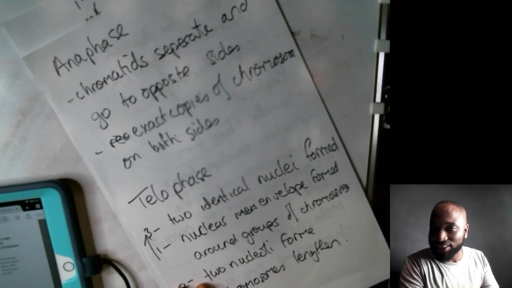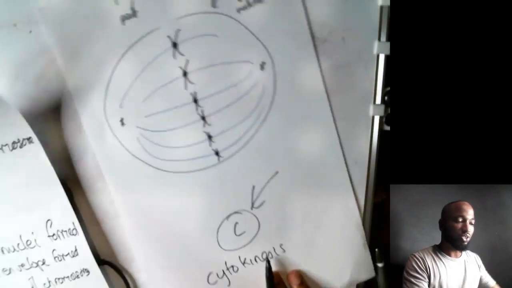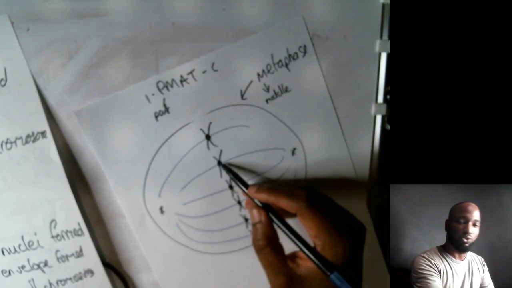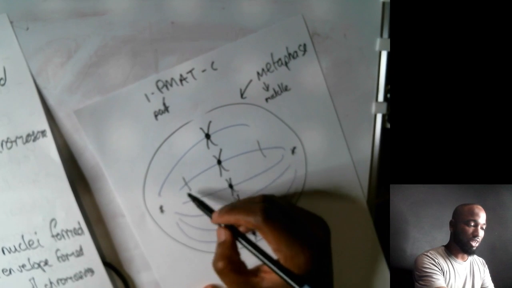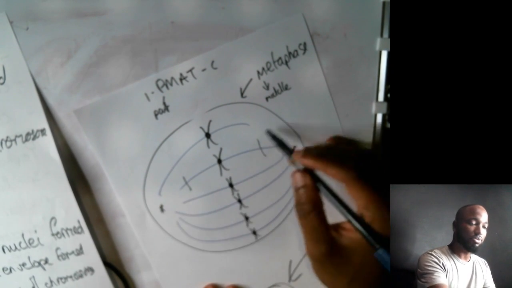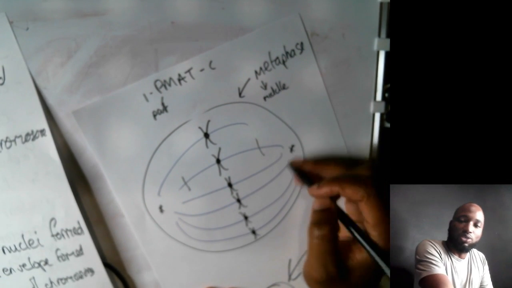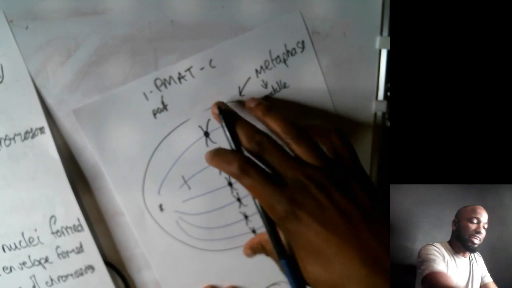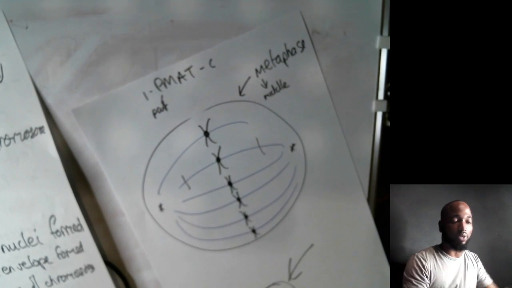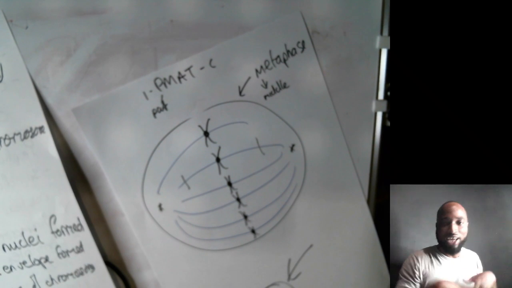So the cell develops down the middle of the cell to divide into two. Alright, so we have that, right? Basically these two things burst into two. This one goes here, this one goes there. Then the nucleus forms here, and a nucleus forms there. I'm sure everybody has the diagram in the textbook or could watch it. And then the cell will split into two and go that way.